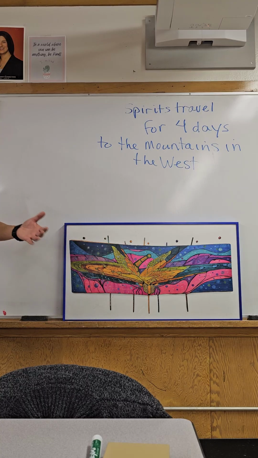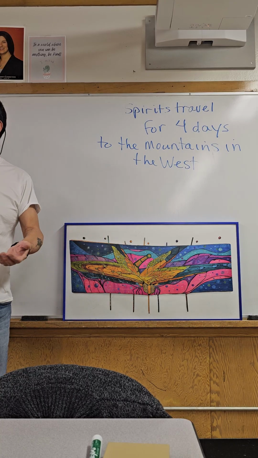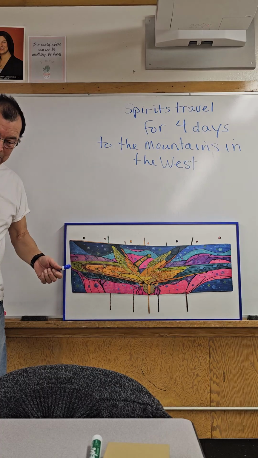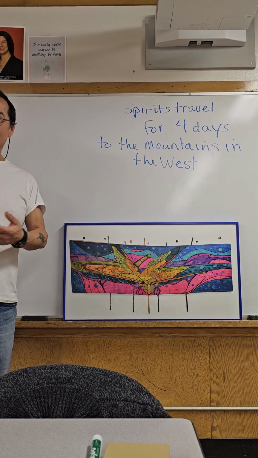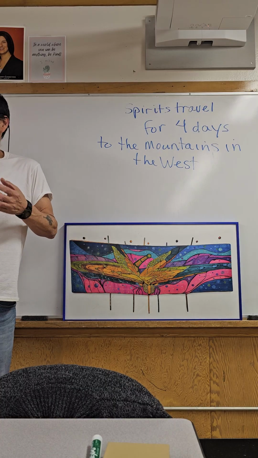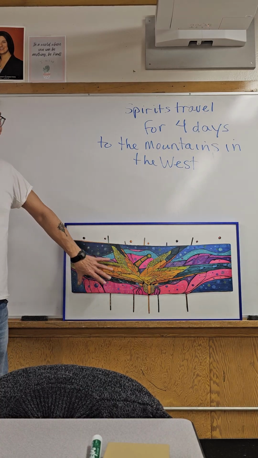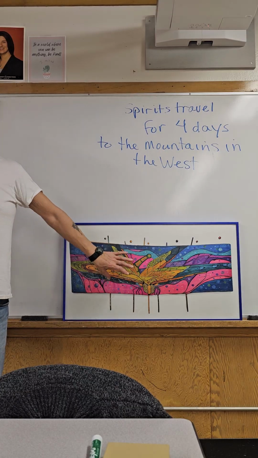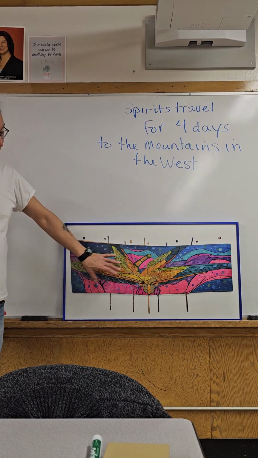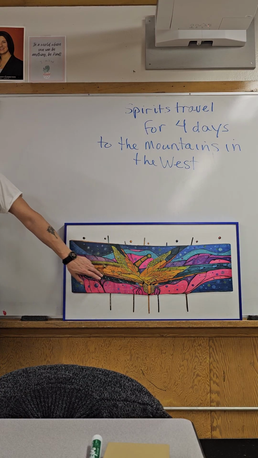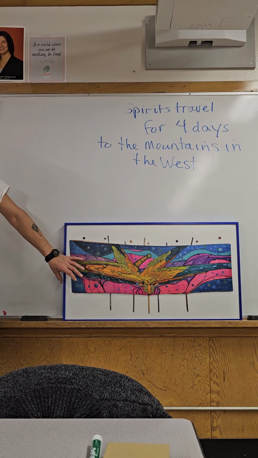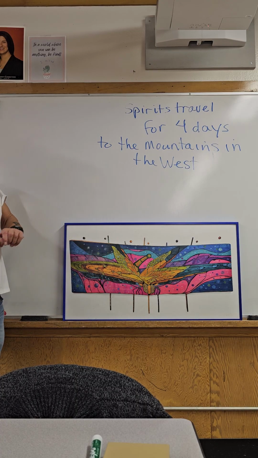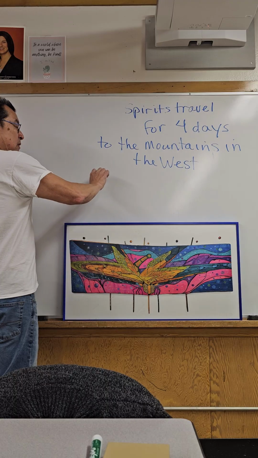So what I did was I took the wood down to the water, down to the lake, and I took some of the water and I sprinkled it onto the wood, kind of as a blessing. Usually when I start a piece of artwork, I'll smudge it or do something like that to make those connections, and then that's when the stories come out, right? So the story that this particular piece told me about was, he showed up as a dragonfly, and the teaching that he wanted to bring was about Bimaadiziwin. Do you remember what Bimaadiziwin is?